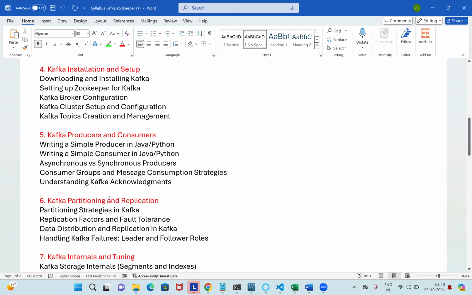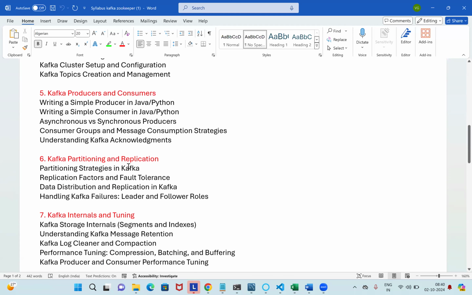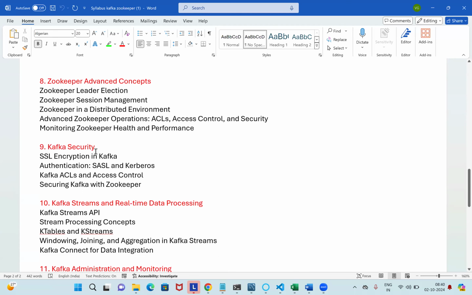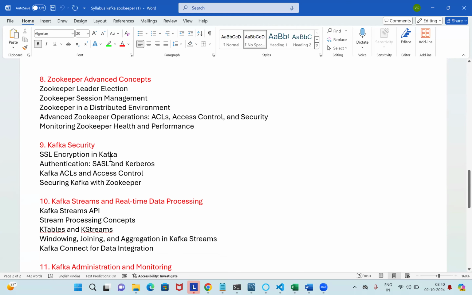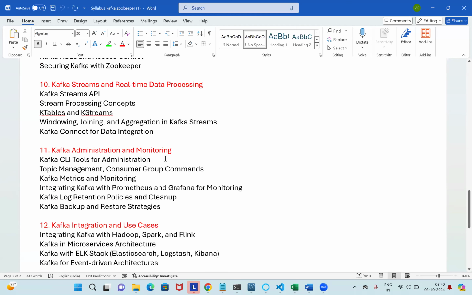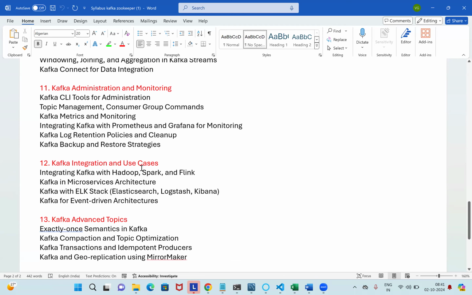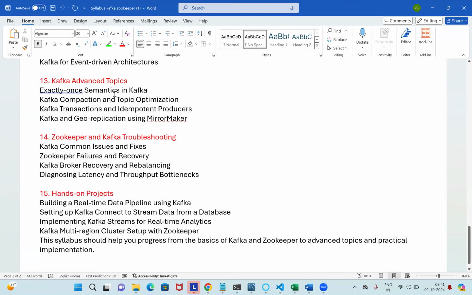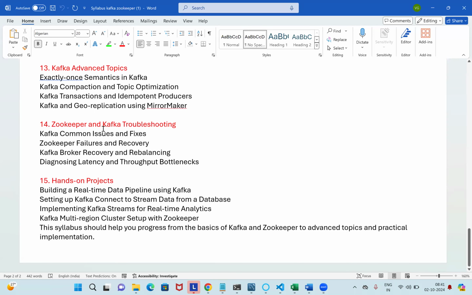Kafka producers and consumers, partitioning and replication, Kafka internals and tuning, Zookeeper advanced topics, Kafka security, Kafka Streams and real-time data processing, Kafka administration and monitoring, Kafka integration and use cases, and Kafka advanced topics like exactly-once semantics, compaction, and topic optimizations.